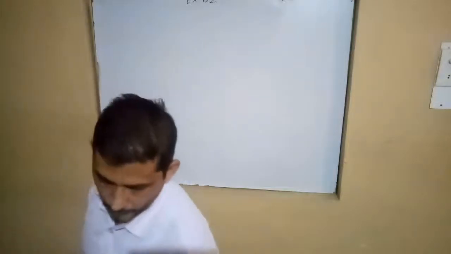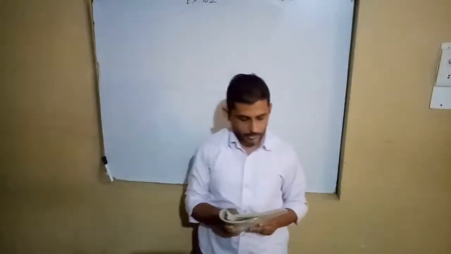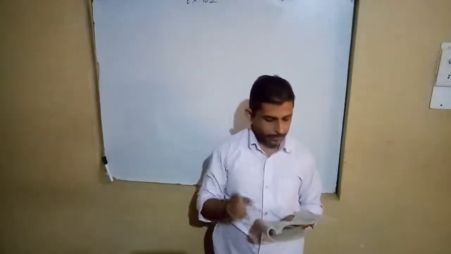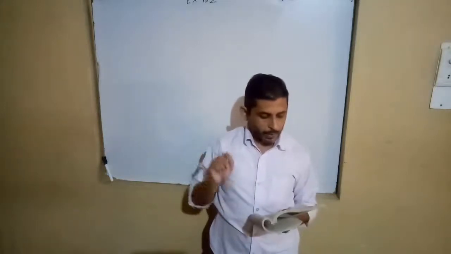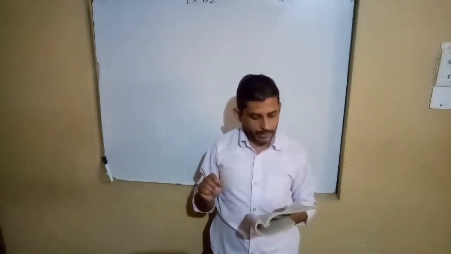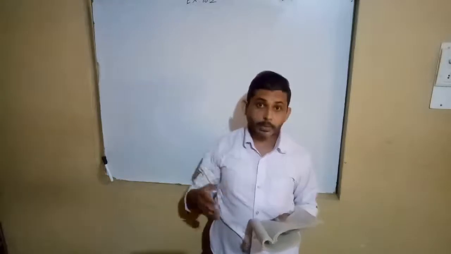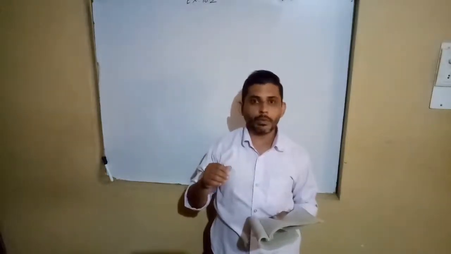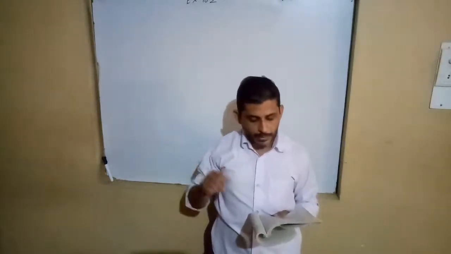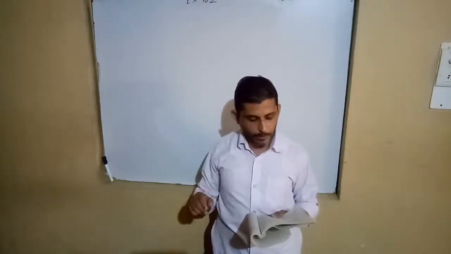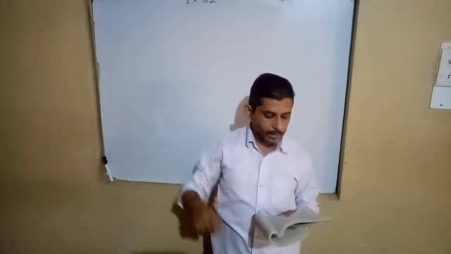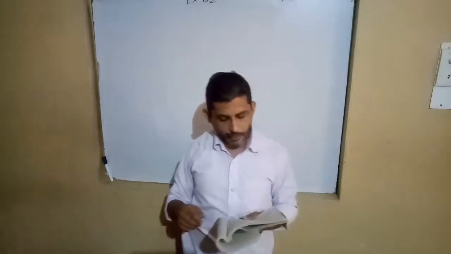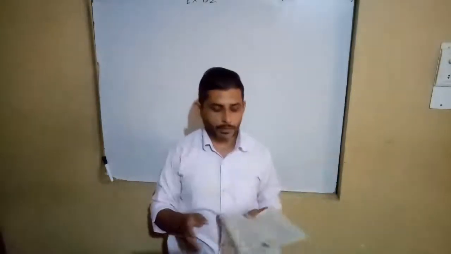Yes, so look at the book. Now we will do question number 14. What is the question? Find the equation of line through the point 0, 2, meaning line passing through the point 0, 2, making an angle 2 pi by 3 with the positive x axis. Also find the equation. So this is one question. So first we solve the first part of the question.